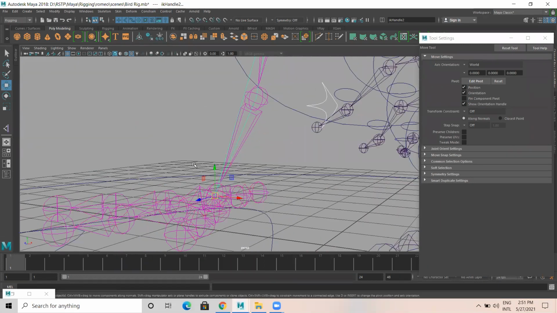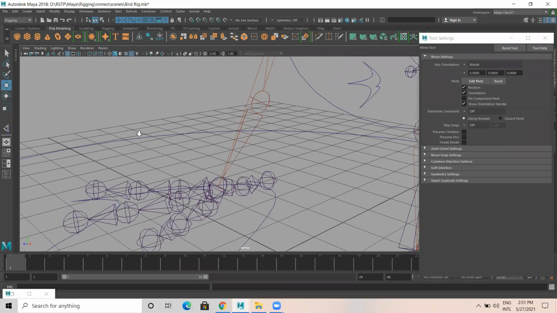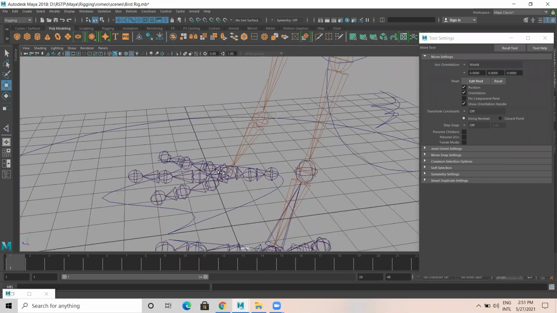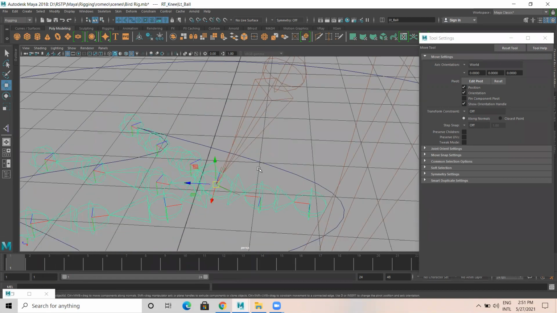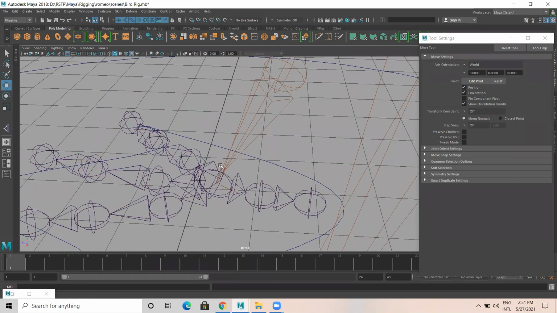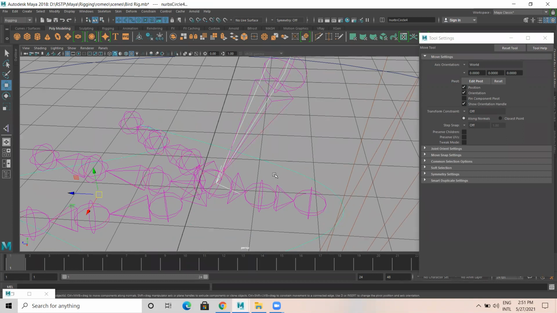We can't give a collector since this is an SC solver. I select this IK handle and parent it.